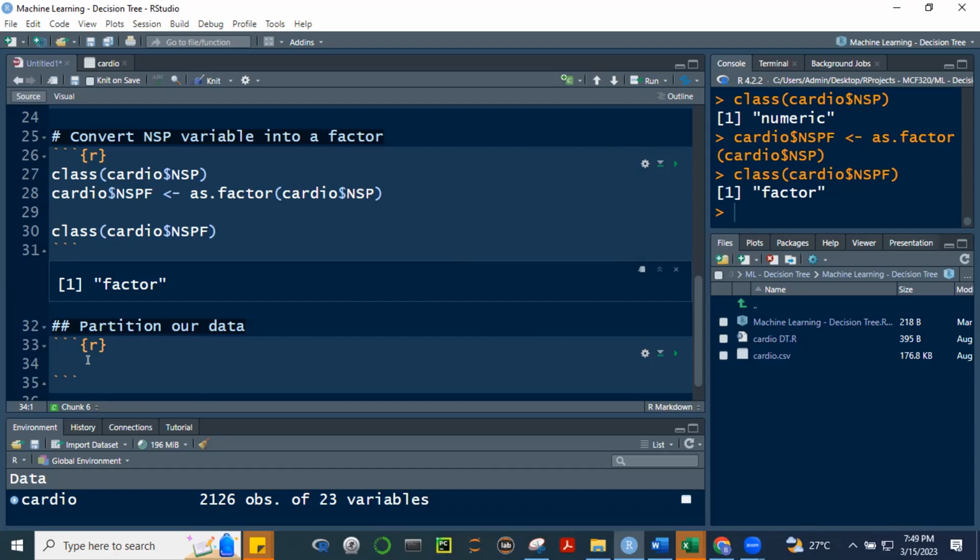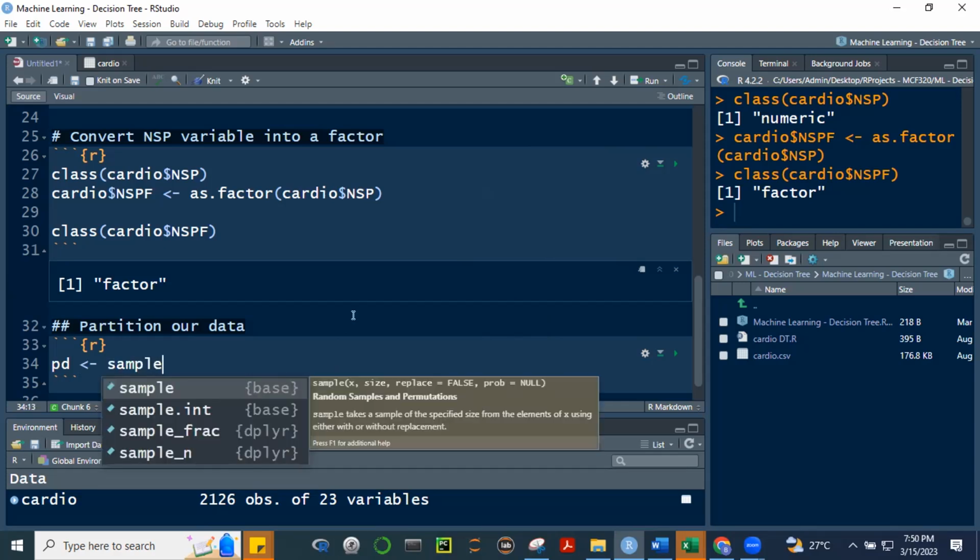Kunyari, split natin yung cardio data natin. Let's say 70% will be used for your training, and 30% will be used for your testing. Or maybe 80%, usually it's between 60 to 70%. We put to our training data, even 80%, and then the rest will be used to test our model using the testing data. All right. Okay, so one way to go about it is let's create this object called PD. So that's partition data.